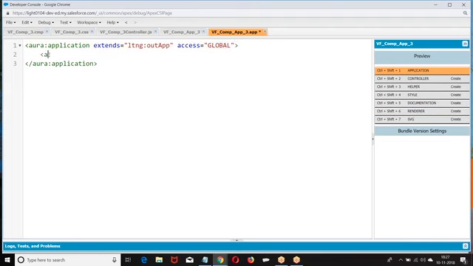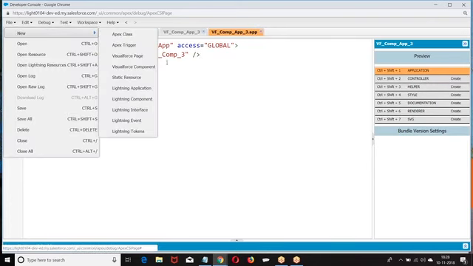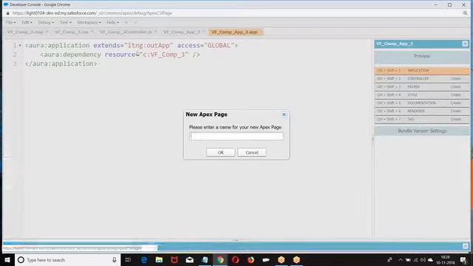Then URL dependency, resource equal to c:VFComponent. This is what I have given. So how do you call it in the Visualforce page?